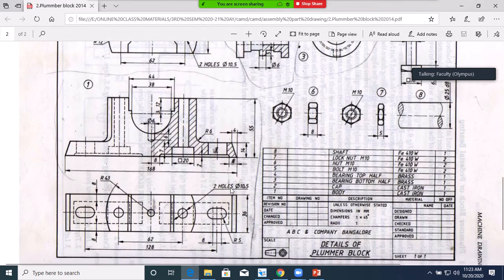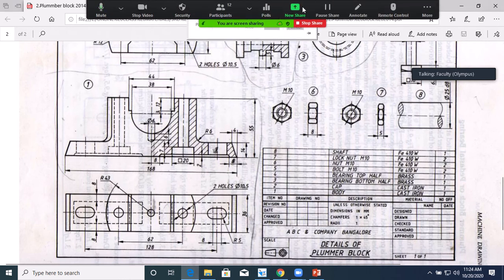After that, you see in the drawing, you have holes: 2 holes of 10.5 mm. Sometimes in the exam this dimension may slightly vary. If they give 10 mm, you just take it as 10 mm. Here they give 2 holes of 10.5 mm. This is one hole and this is another one. From this center you draw a 10.5 mm hole. From here to here you take 31 mm, then you draw a 10.5 mm hole. Through the entire material this hole will be there.